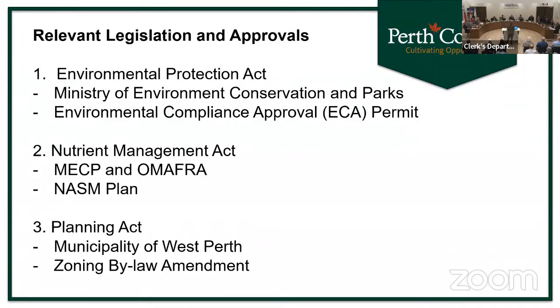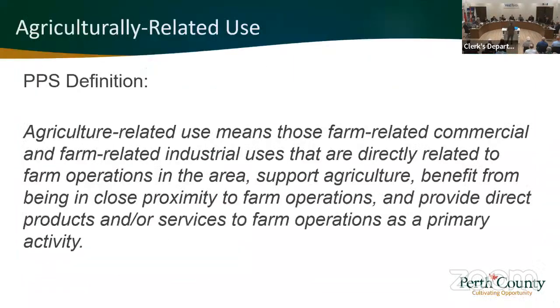So from the planning department's perspective and the review of those two key planning issues, there has been thoughtful consideration with regards to groundwater protection, environmental concerns, and compatibility with neighboring property owners. And that was done through the ECA permit. If we go to the next slide, the next piece that I'd like to move to is the consideration with regards to an agriculturally related use. The applicant's planner has provided a planning justification report stating that, in his opinion, the proposal is an agricultural related use. The definition for an agricultural related use is on this slide now, and